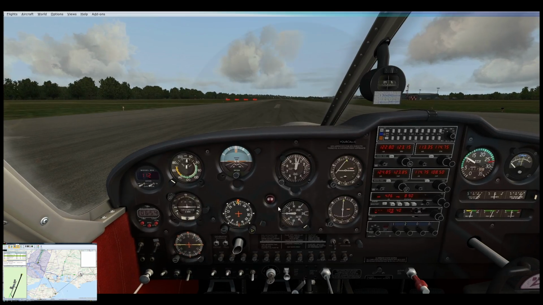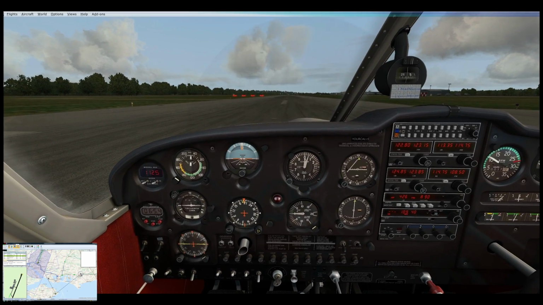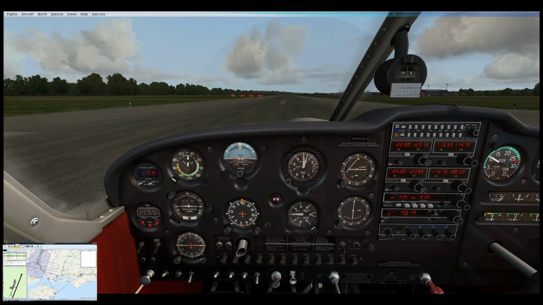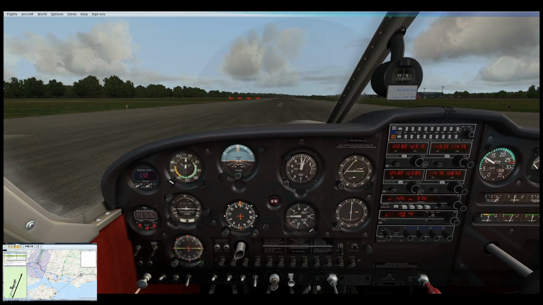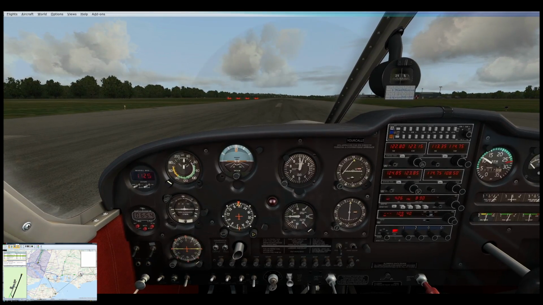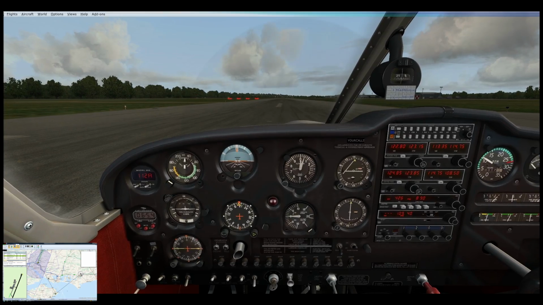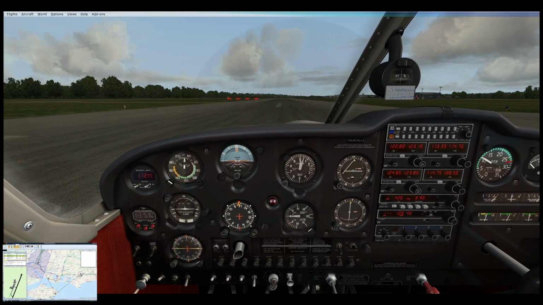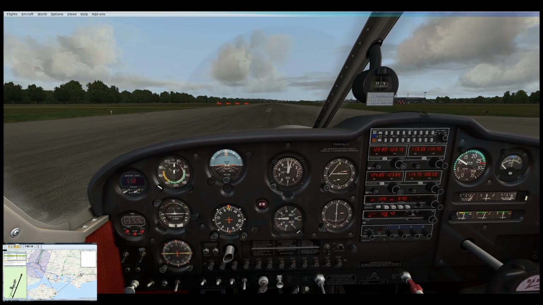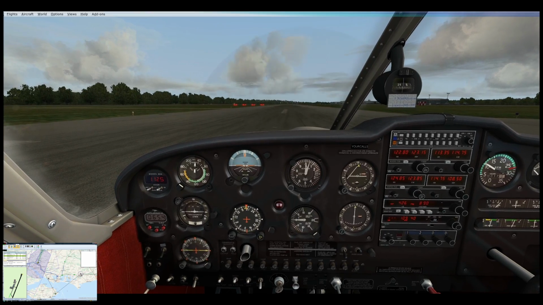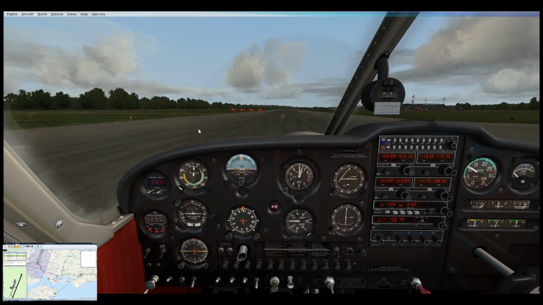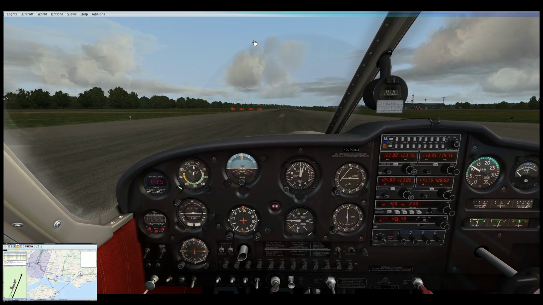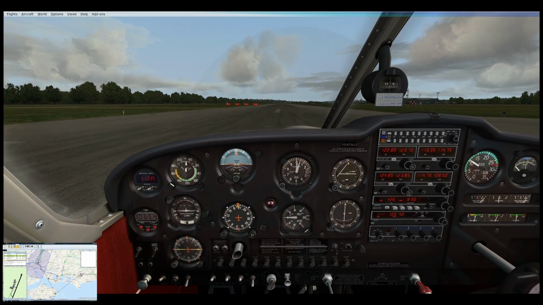Let's just have a chat. EGHI traffic, Golf Lima India Foxtrot, ready for takeoff, runway 20. Someone just posted on Unicom on approach runway 26 left at EGKK, and for a split second I thought it was for here, and I was like, what? He's going to land right on top of me. But anyway, right. Let's just do a really quick